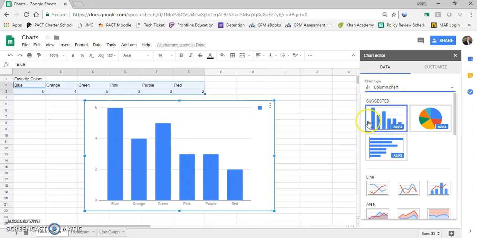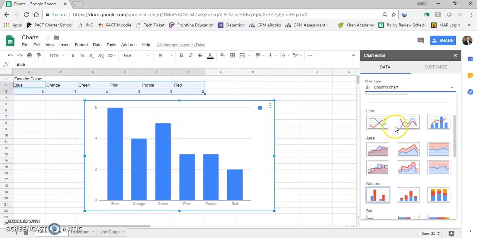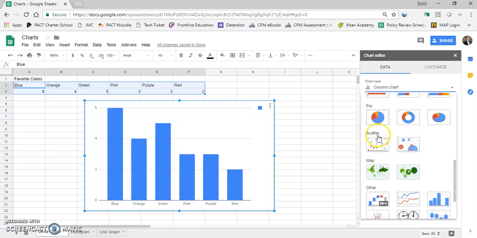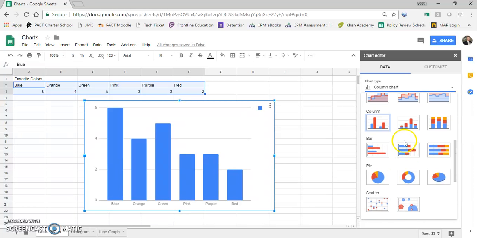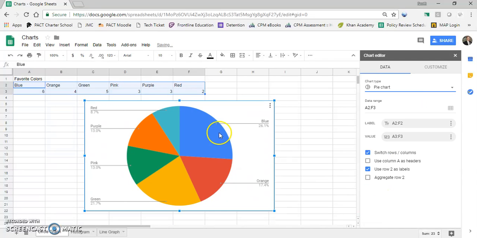So if I use this drop down, it gives me some recommended, and I see one of them is this pie chart. Otherwise, as I scroll down, I can see various options as well. So I want pie chart. And once I get that,